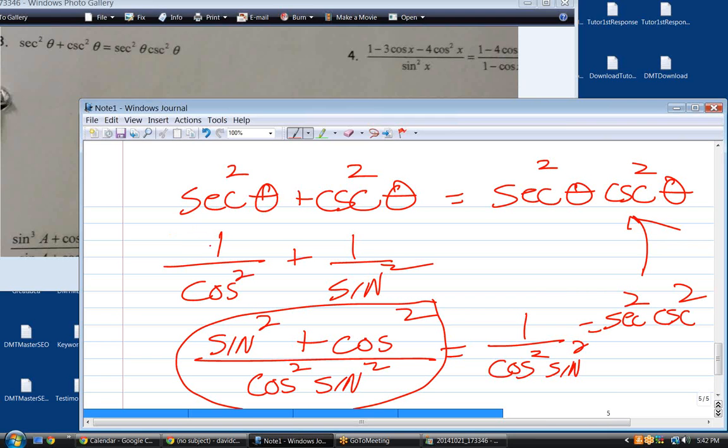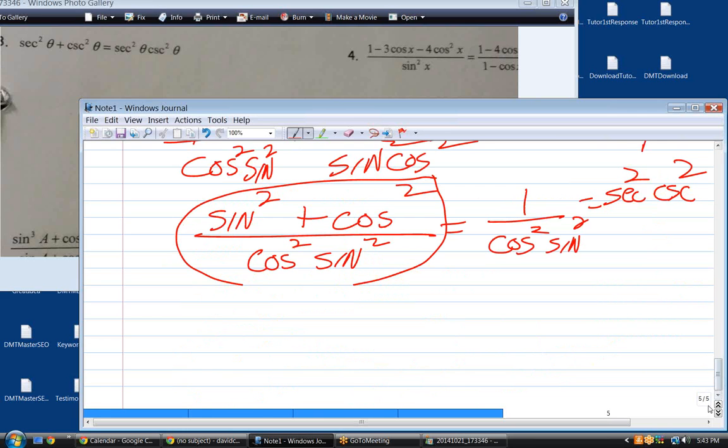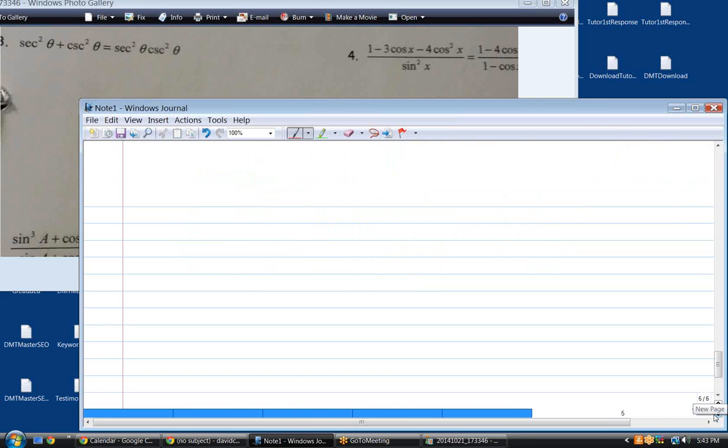In other words, this is sine squared over sine squared. This is cosine squared over cosine squared. Now I have my common denominator of cosine squared sine squared. Okay? So, in fact, this was a two-step problem. Also a difficult one to solve, but only because,